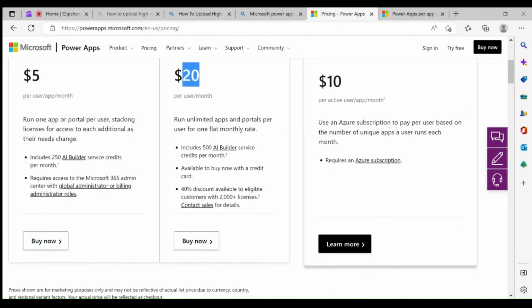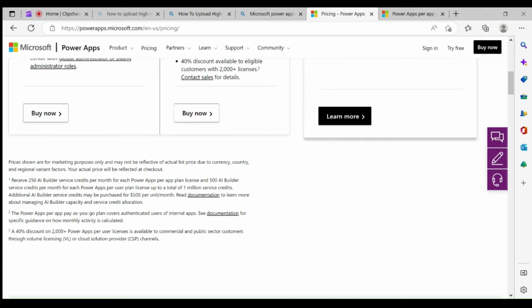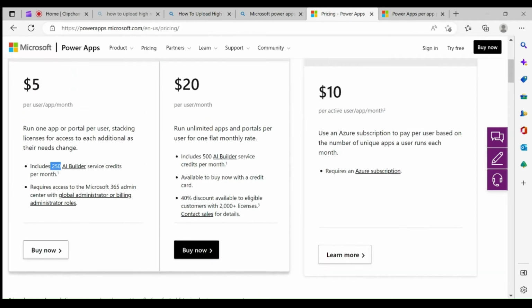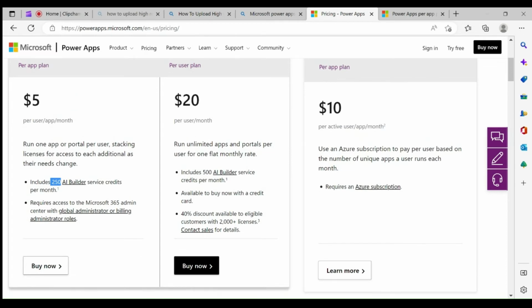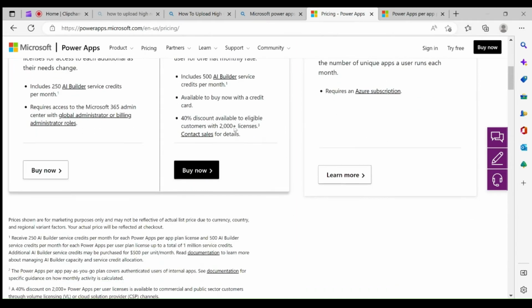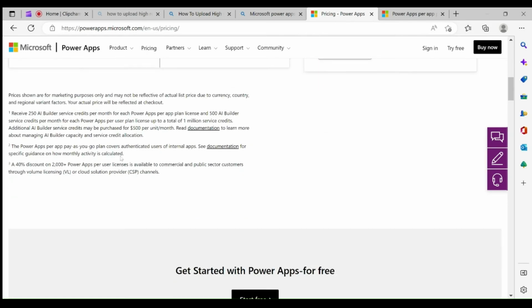Okay. Now, there are different things also, as you can see. In the $5 plan, you will have 250 AI Builder service credits per month. But in the $20 plan, you will have 500 credits per month. Here you can access so many applications. Here you can access only one application. So this is the difference. Okay. Then talking about